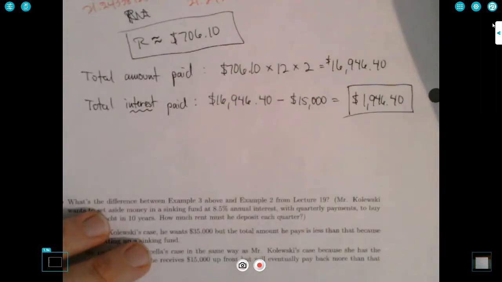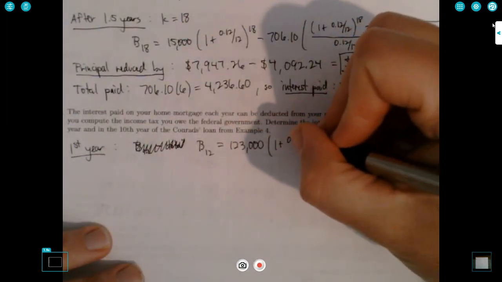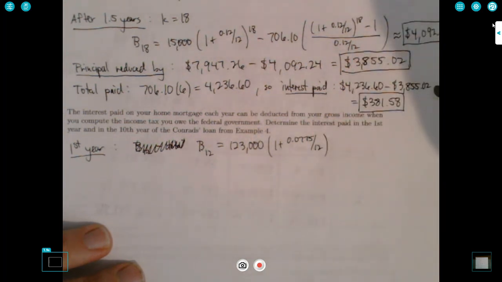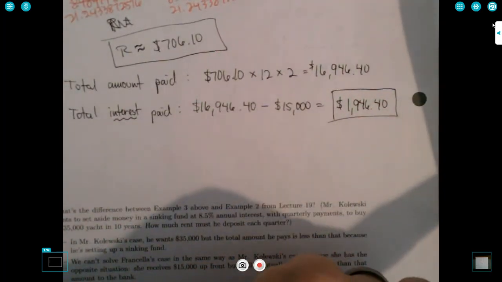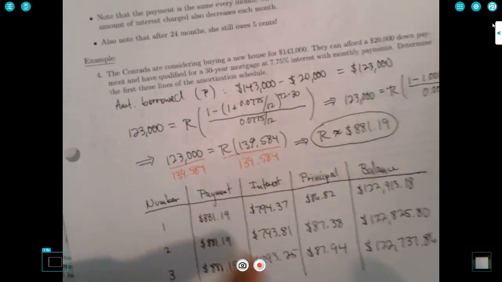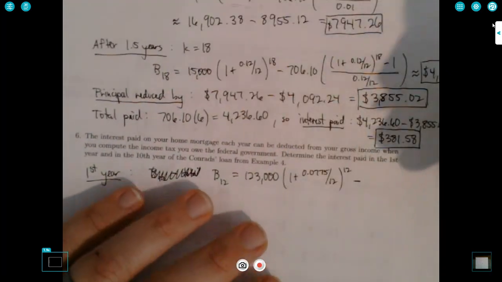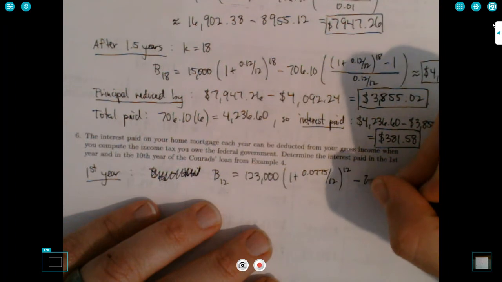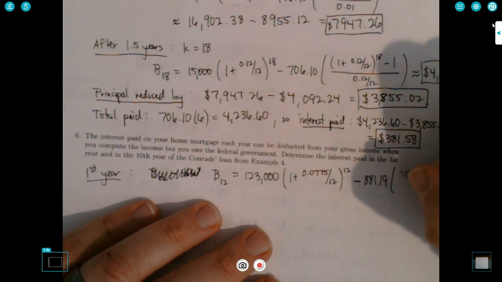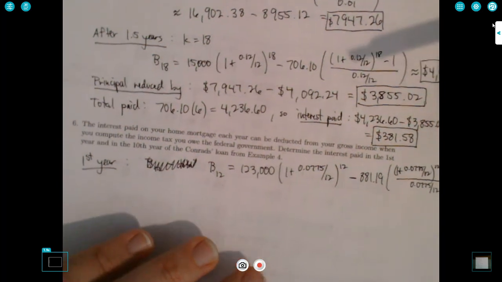times 1 plus interest rate 0.0775 divided by 12 to the K minus the rent, which we also figured out was $881.19 times 1 plus R over M to the K minus 1 over R over M. Okay, so that's,